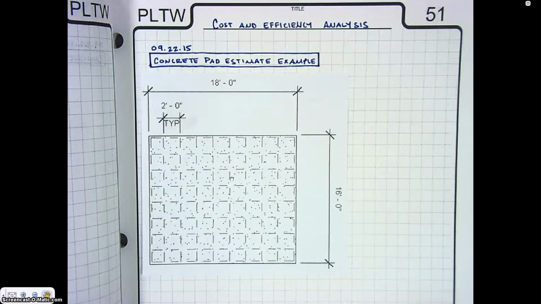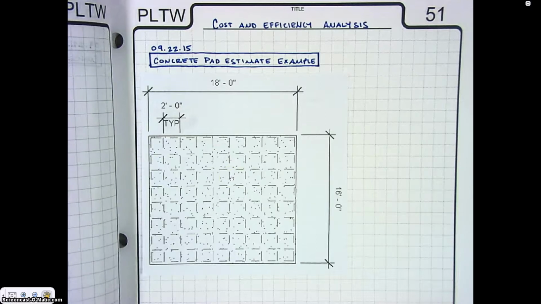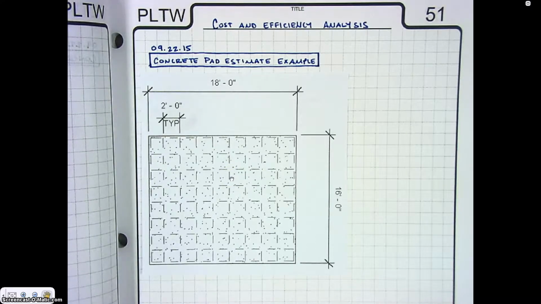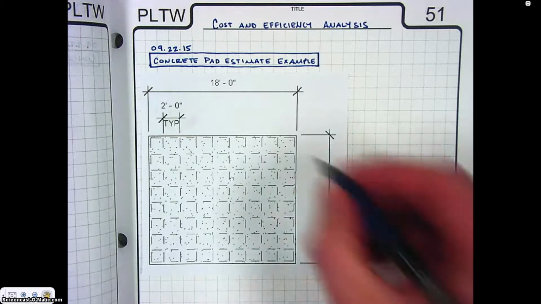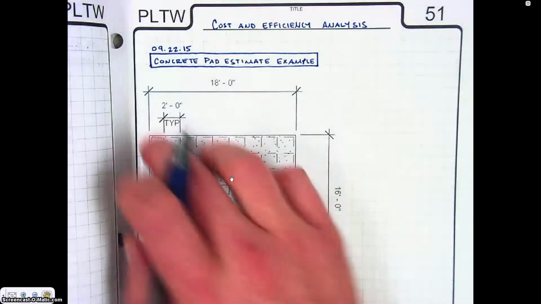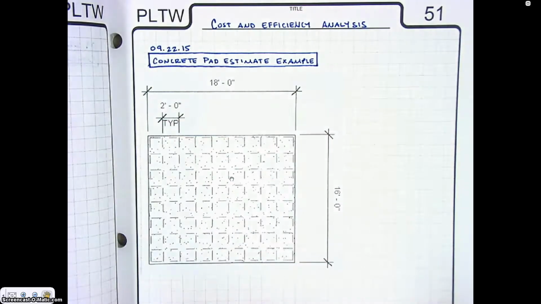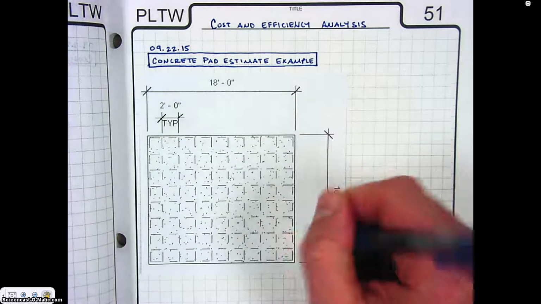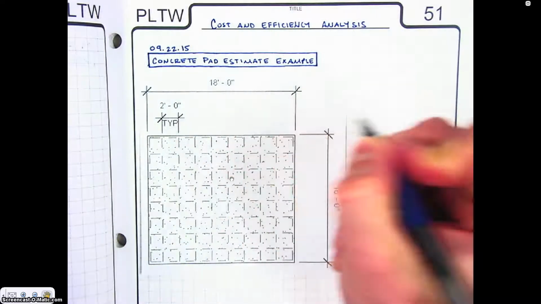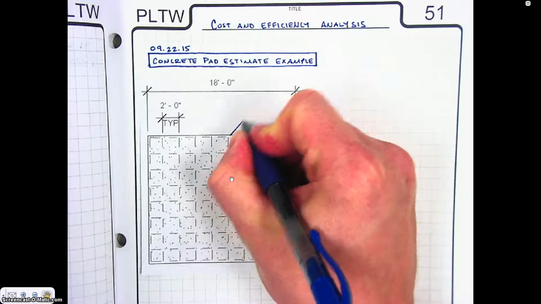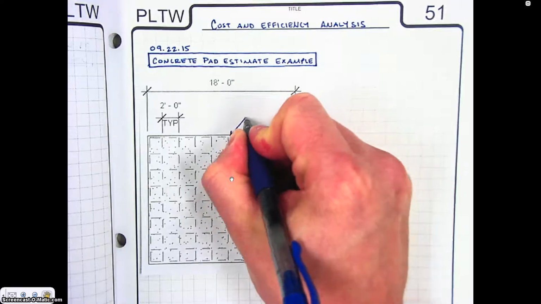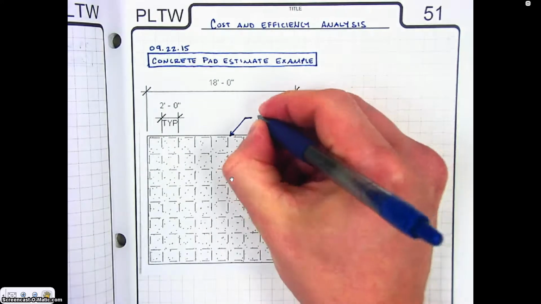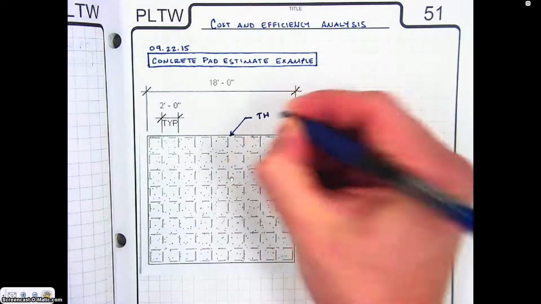I'm going to walk you through the steps in calculating the cost estimate for a concrete pad. The first thing we're going to do is figure out the volume of concrete that we're going to need for our pad. We have the dimensions of it, we just don't have the thickness in this drawing, and so I'm going to go ahead and put a little note on the side of it, and we're going to say that the thickness of this pad